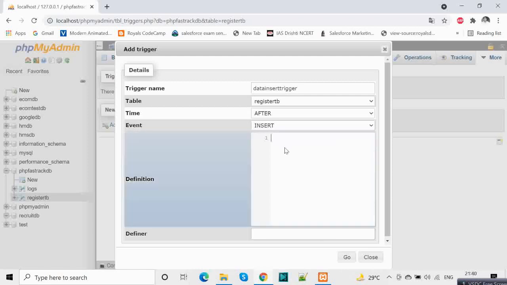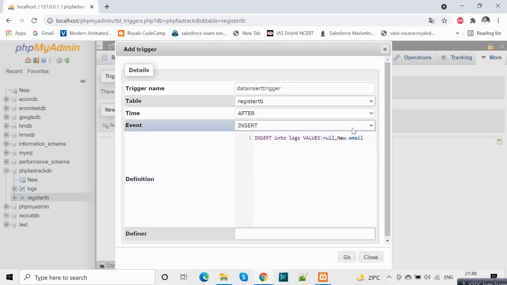What do we want to trigger when a record is inserted in the register TB table? That is, insert into our logs table values. The first one is auto increment, that's why it's null, because it will automatically get added. The second one will be the user ID, and in this case I am providing the email. Now, email of what?